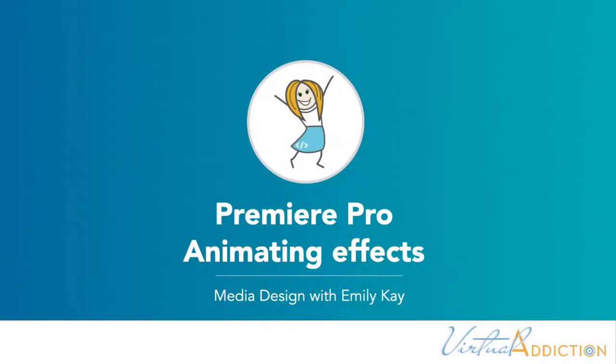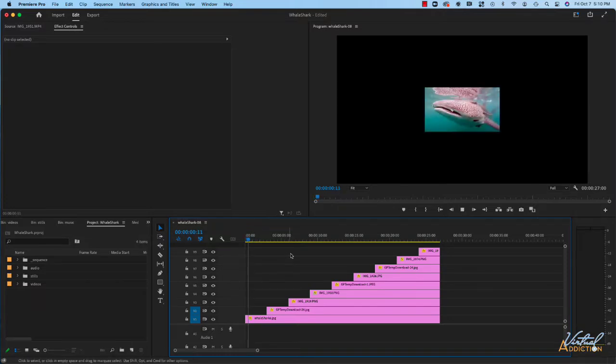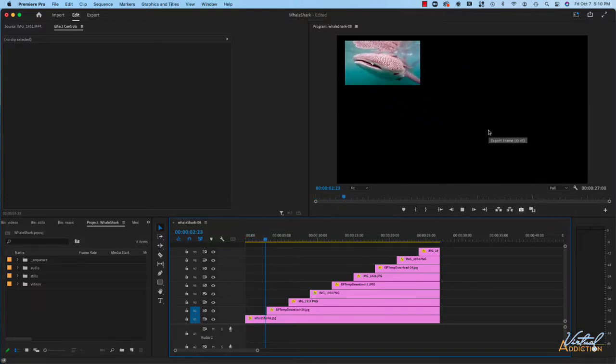We'll continue to work with our animation settings to build out something a little bit different. Let me show you what the final project is going to look like. Here's what we'll be creating. As you can see, the images are going to fade in and then they're going to move to different parts